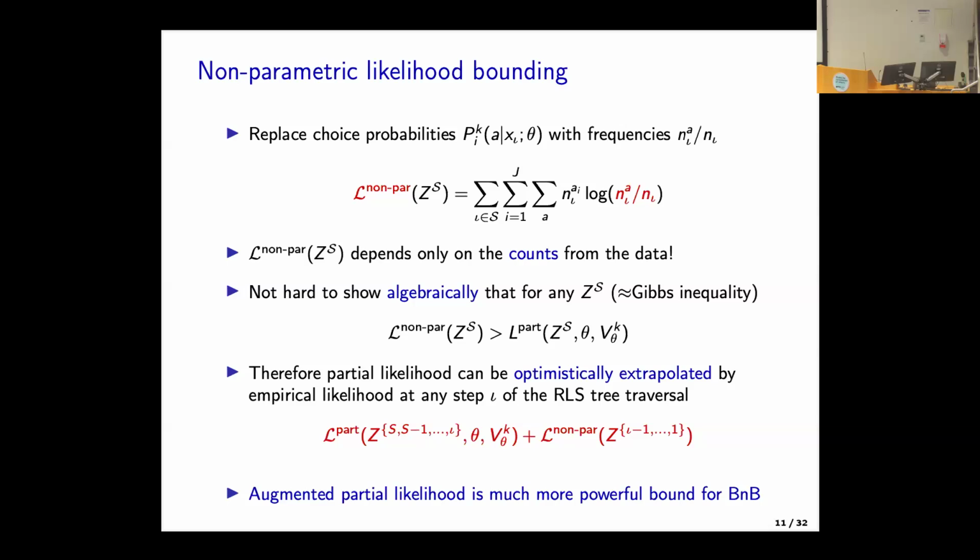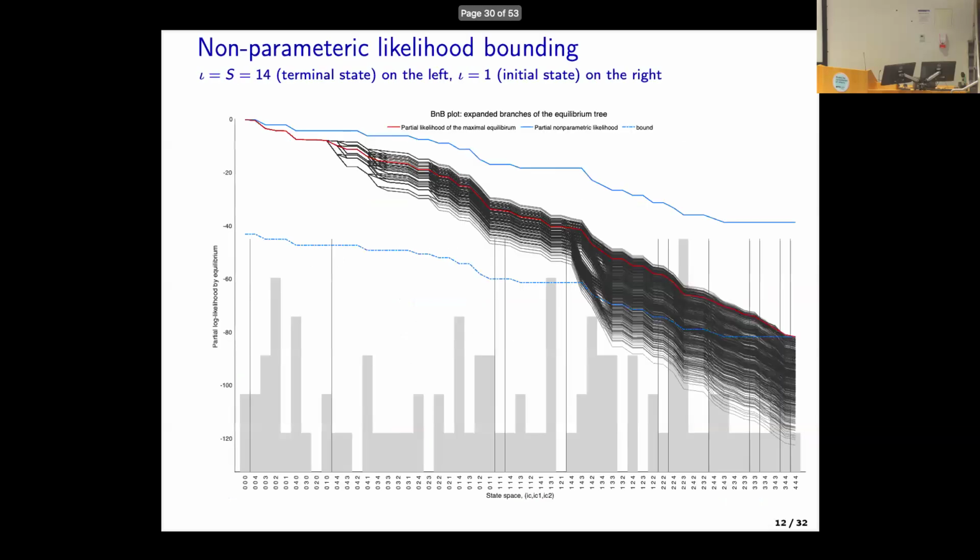And now look what happens. I'm now showing you yet another different graph. This is still the state space, ordered in the same way. These gray bars are counts of data. So this is where my data is. And now on the vertical axis, this is partial likelihood, essentially. When we don't have any data, we start over here. Well, we start in this absorbing point. This is my partial likelihood from just a single point.